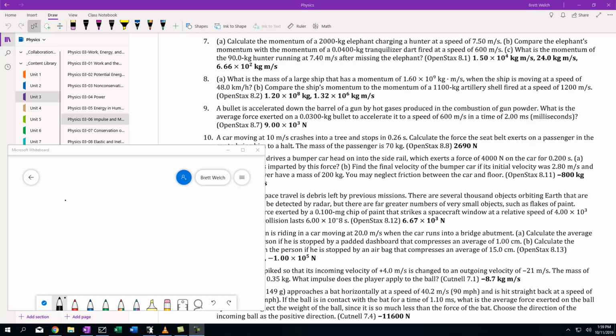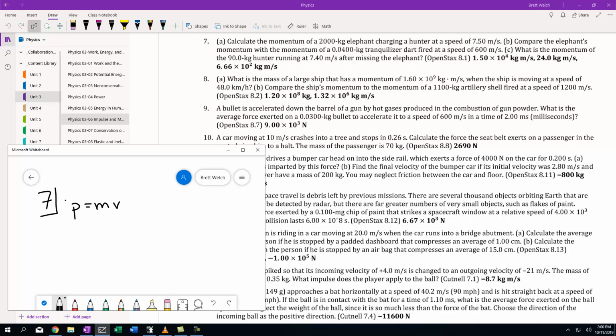Okay, so this is some help for 3.6, working with momentum. We're going to look at question number 7 first. Question number 7 says, calculate the momentum of a 2,000 kilogram elephant charging a hunter at a speed of 7.5 meters per second. Well, this is actually really straightforward because we know momentum is the mass times the velocity